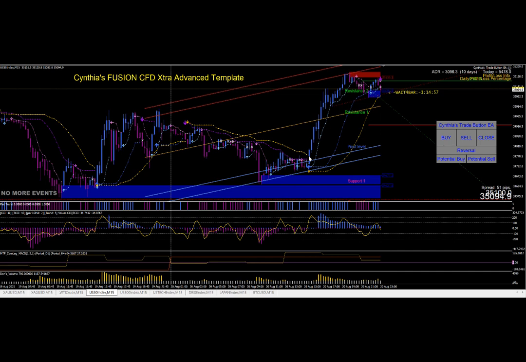It is 7 a.m. Eastern, and somewhere around in here is 9:30 a.m. Eastern. Price really got going way before the US stock market opened at 9:30 a.m. And then your exit would have been right in here at Fibonacci resistance 2, and that was pretty late in